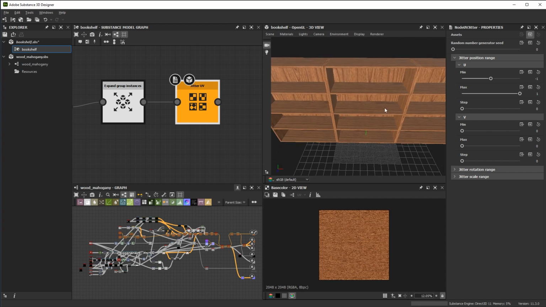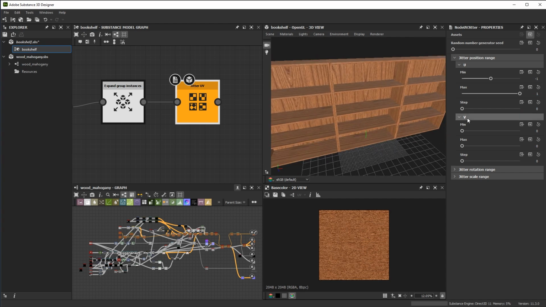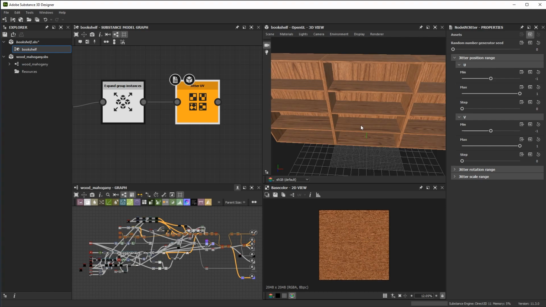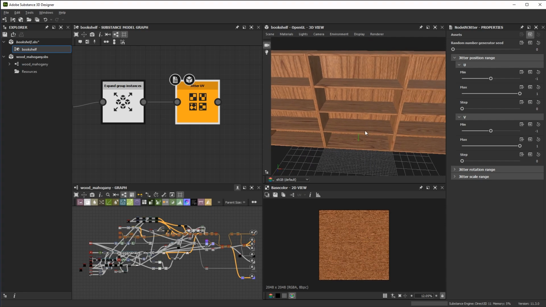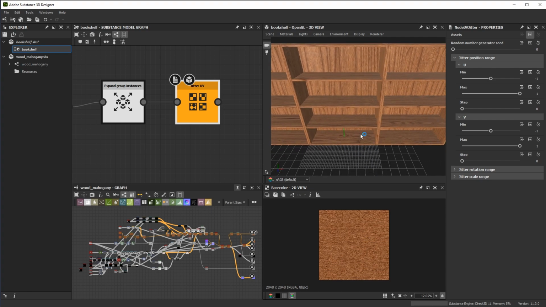You can see we're already starting to get some different results. Let's go to the V coordinate and set this to -1 and the max value to 1. So now we get a non-uniform result. You can see that the wood pattern's no longer lining up perfectly, and we just get something that's a lot